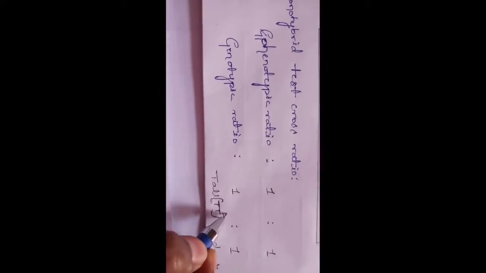In the same way, we are going to take up the genotypic ratio. Are you observing that the genotype of the tall plant is different and the genotype of the dwarf plant is completely different? So the genotypic ratio of these plants will be 1:1. That is tall. Here we have the genotype as capital T and small t. The dwarf plants will have small t and small t. This is how the test cross is being proved by